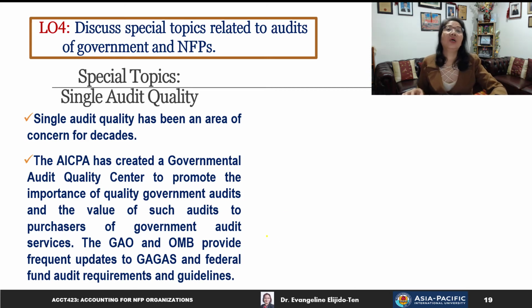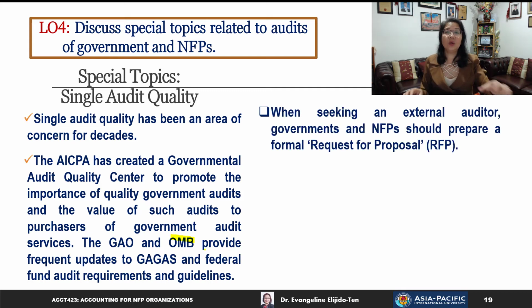The GAO, which was the General Accounting Office before 1986, from 1986 onwards is called the Government Accountability Office. So the GAO, together with the Office of Management and Budget, OMB, provides frequent updates to GAGAS and federal fund audit requirements and guidelines. So, when seeking an external auditor, governments and NFPs should prepare a formal request for proposal,